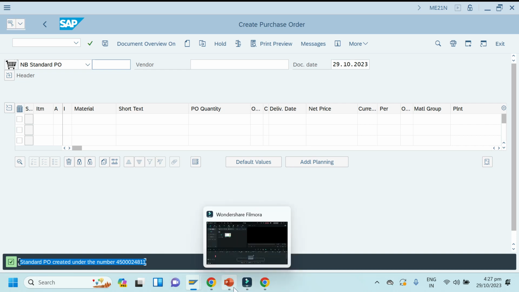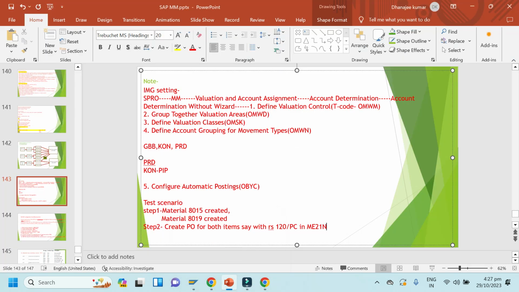Step 2 is done. What is the next step? Create GR with reference to PO. Note it down.